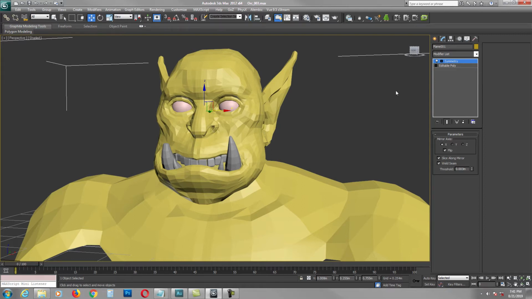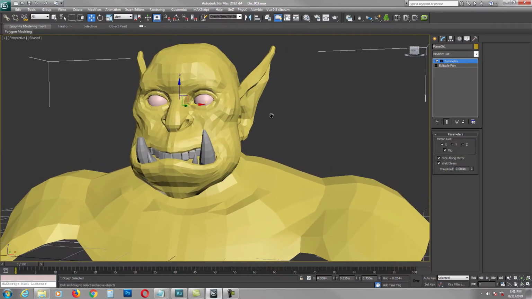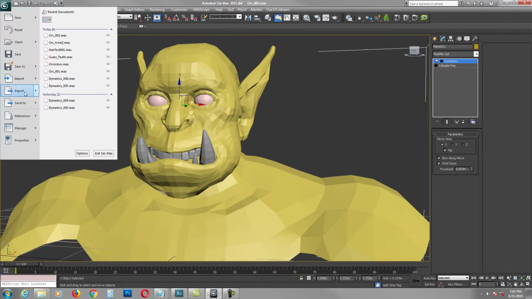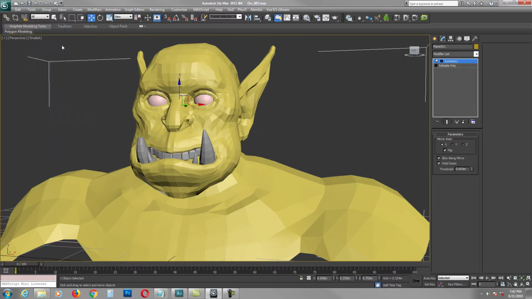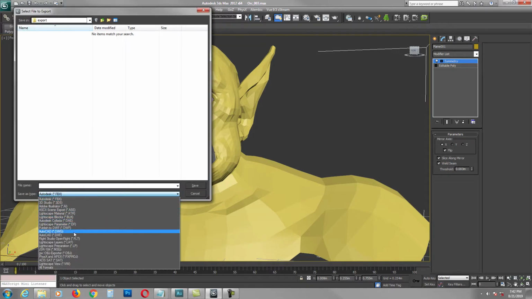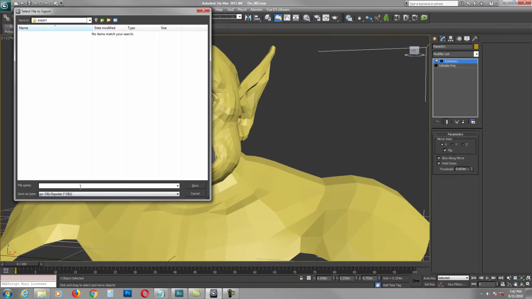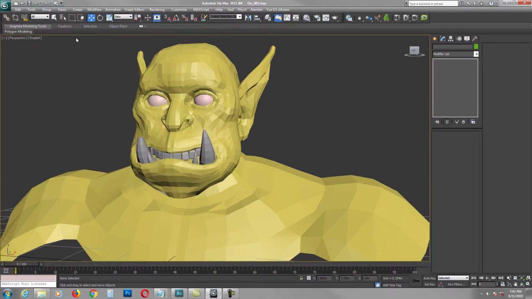There are so many ways to UV map it. Me personally, to make it faster, I select this guy right here, export selected, go to .obj, rename it, export it as an obj, and go to ZBrush